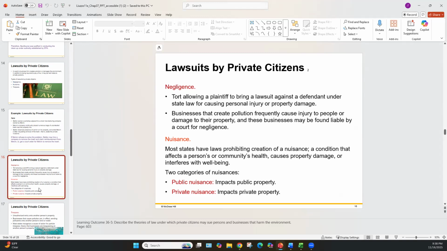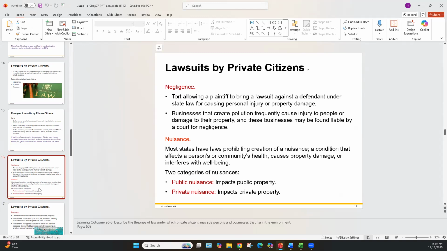Give you an example: my grandfather died of colon cancer, and many other people in his plant died of cancer as well, because the plant that he was working in was just polluting the entire area. In fact, there was a neighborhood adjacent to the plant, and the people in that cul-de-sac also developed cancer. And of course, what did they do? They all, under the tort of negligence, filed a lawsuit, and all of them won a pretty good large sum of money.